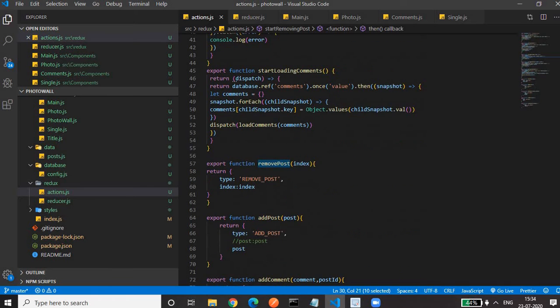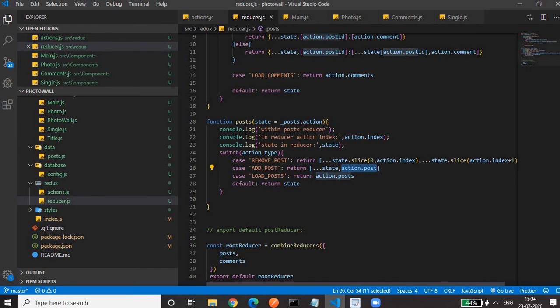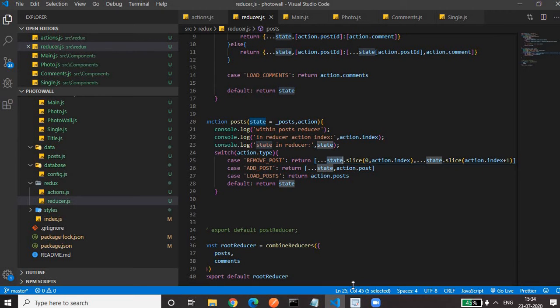Remove post is an action that we created earlier in day 4. It's an object having the type remove post and the index of the photo that the user wants to remove. It will go to the reducer, which we will revisit again. We are removing that post from the state, which is an array of objects, using the slice method. So this is how we can remove a post.